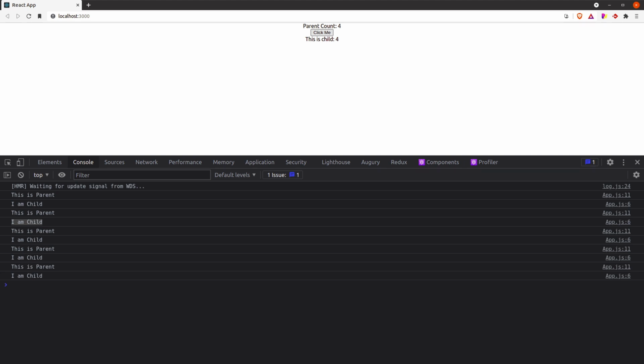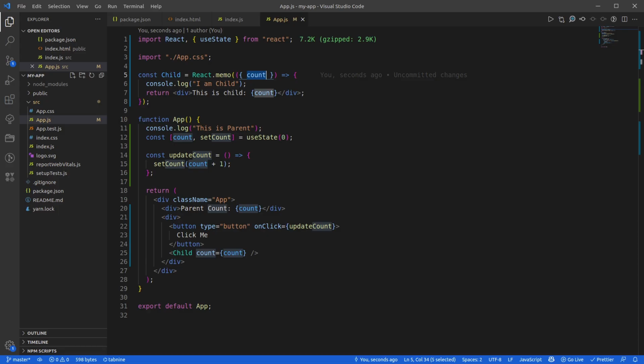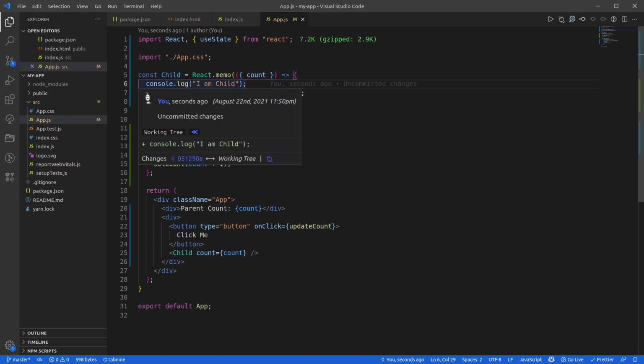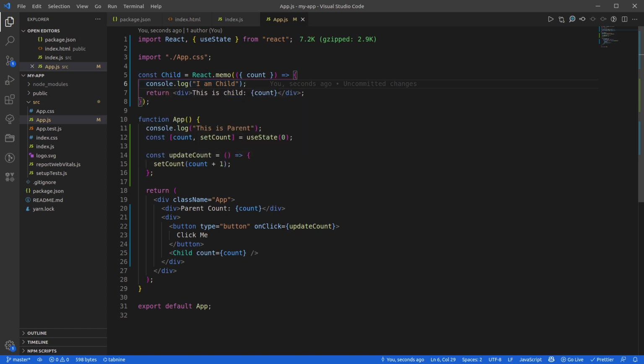See, every time I am updating the parent, as the child is using the parent value as a prop, that is count, it is again re-rendering. So you might be thinking that okay, that is not good. It is again calling, but this is how it should work. Whenever my component depends upon a value from outside, and that value is changed, it should re-render. Maybe you are doing something with that count value in the child component, and you want to do some operations which should update the UI, right? And in that case, you should do that re-rendering.